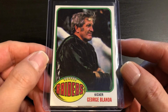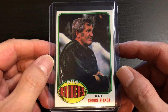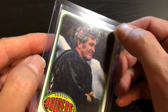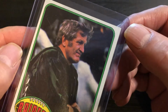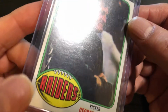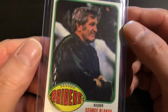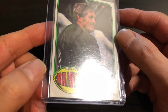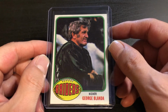Here's a 1976 George Blanda. This card is in a little rougher shape than I would have liked. I don't know if you can see it, but there's a little quarter inch crease right there above his head. And this corner, and the corner down at the bottom, look like they were bent at some point. They're not a full-on crease, but it's a nice little bend. So a little disappointed in the condition of this card,